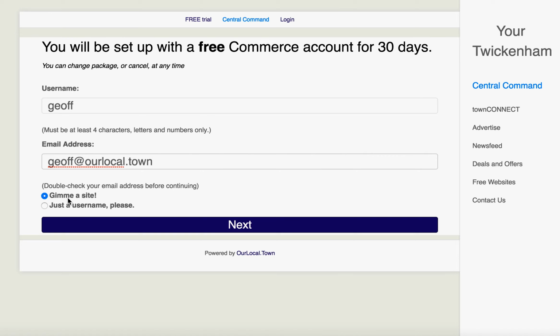email address here, and yes, we do want a website. It's asking if you want a site or just a username. We want a website, so click next,